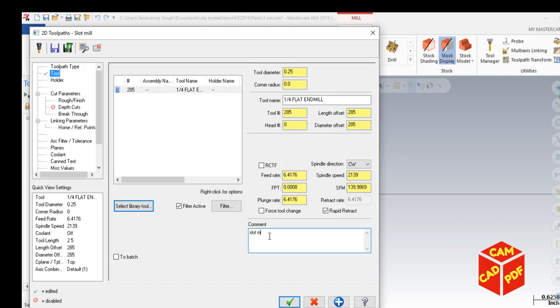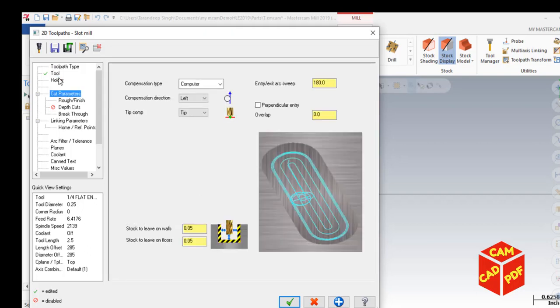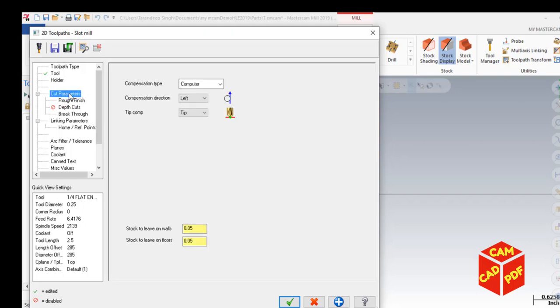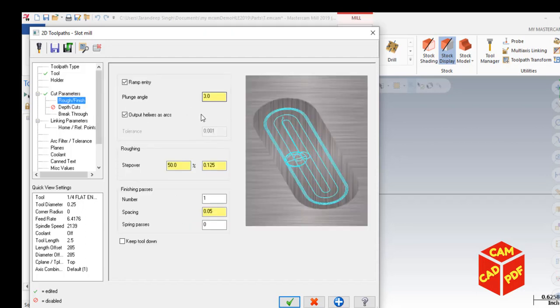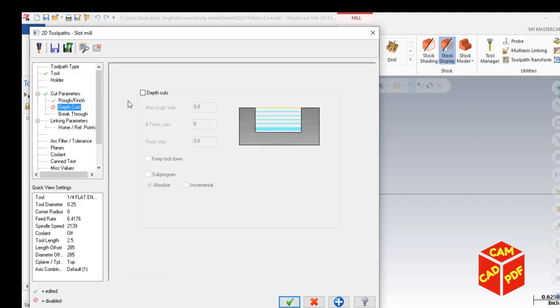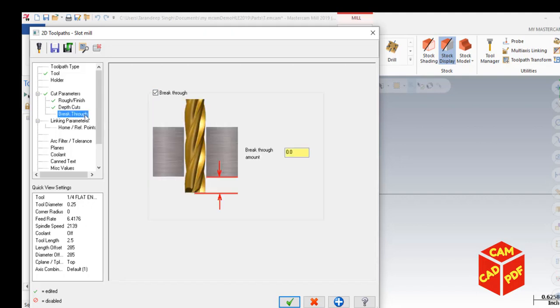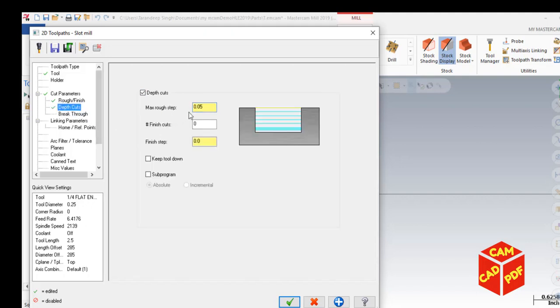Now go to cut parameters, make sure it's 0, make step over 12%, and then depth, enable depth cuts, make max 0.05, and then keep tool down, no breakthrough, disable breakthrough,